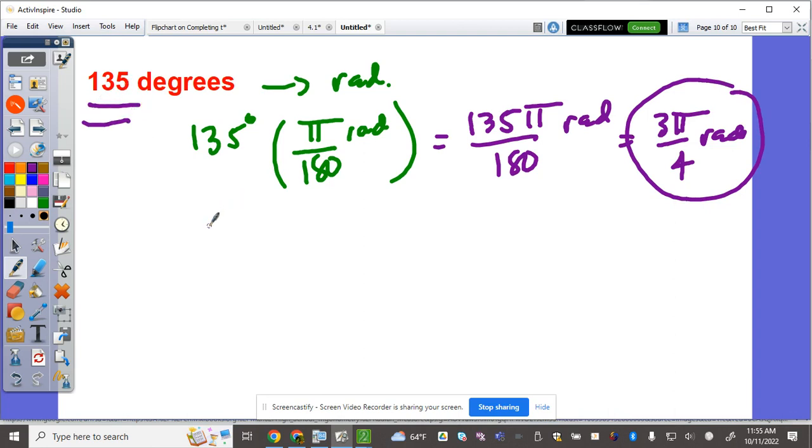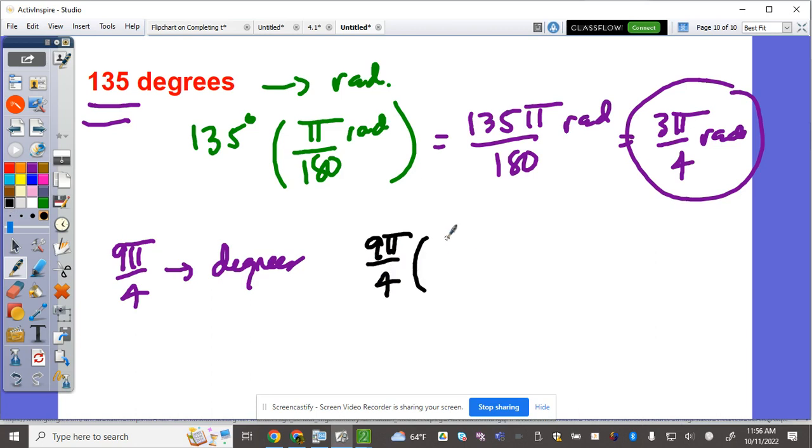Vice versa, if you're given, let's say, 9 pi over 4, and you're asked to convert this into degrees, what do we need to do? We have to multiply the 9 pi over 4 by 180 over pi rad on the bottom. This will cancel the pi there. So 9 times 180, divided by 4,